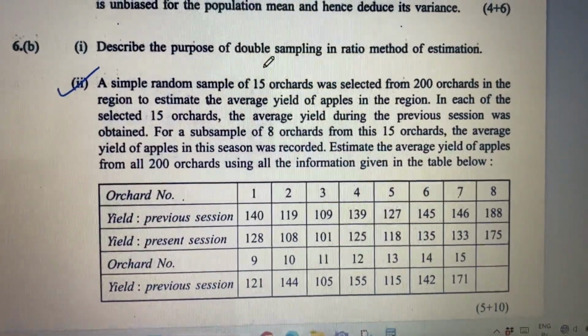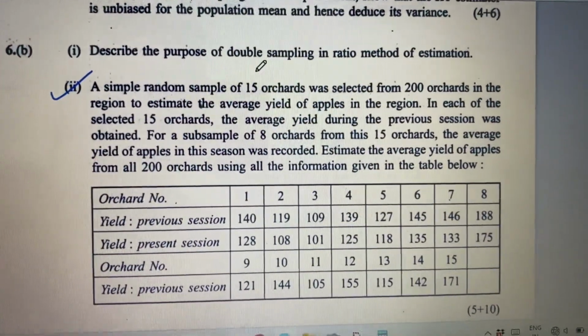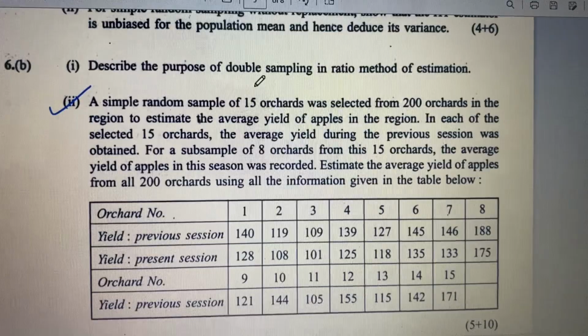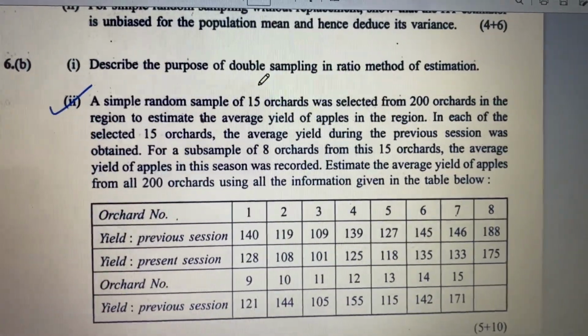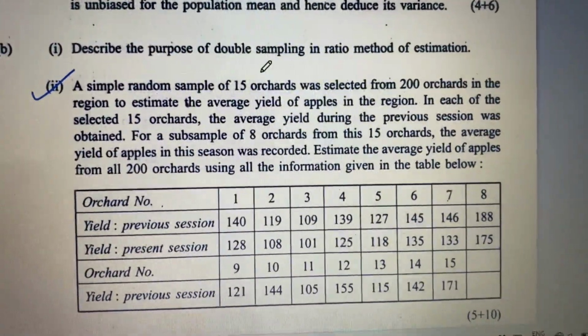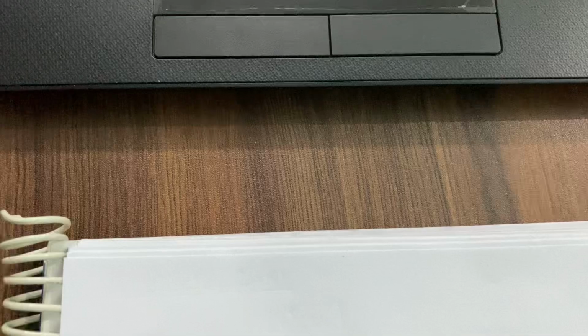We are solving ISS 2022 paper 3 question number 6 B. Describe the purpose of double sampling and ratio method of estimation. Okay, so let's recall this. In sampling theory, our objective is to estimate the population parameter Y, so it could be Y bar or something. So suppose